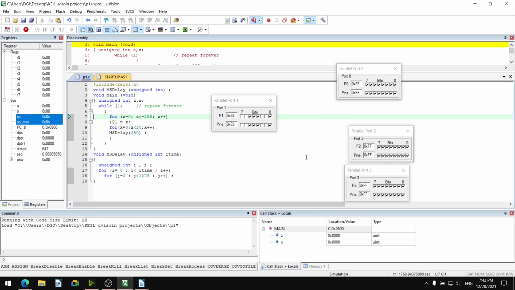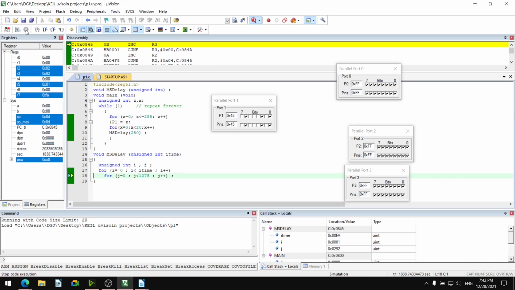Because yesterday we used an unknown delay, so those delays were not properly making a visible output. Okay, so I will stop this code execution. I will stop the debug.